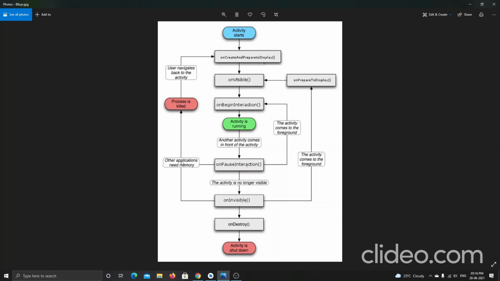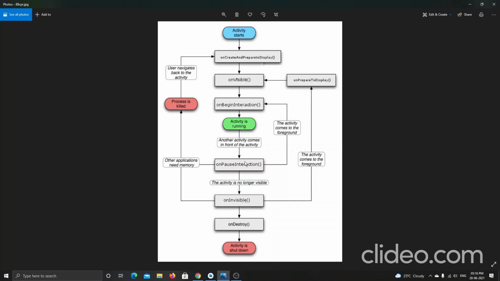If the other applications need memory, then the process will be killed. Then when I go back to the application, it starts from the first itself. It starts from the creating and prepare-to-display method itself. But what if I go back to the application? Then it will start the interaction between user and the software.